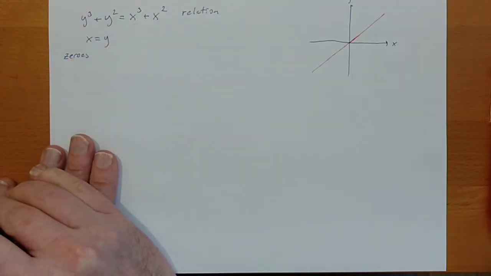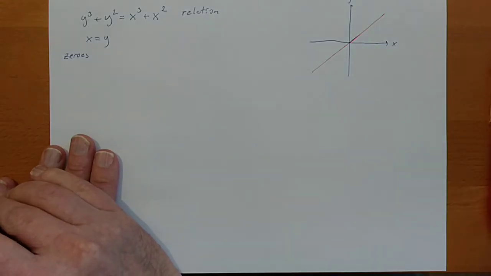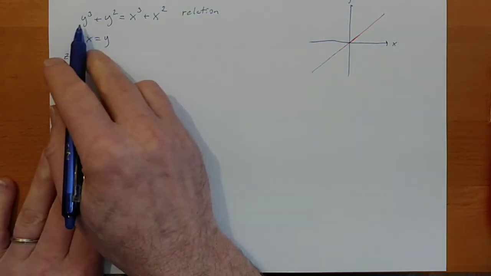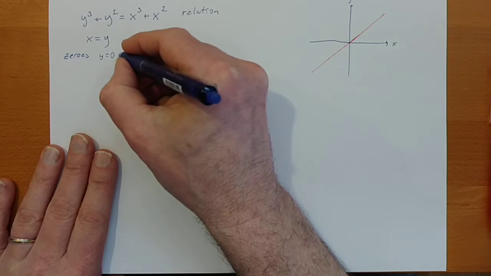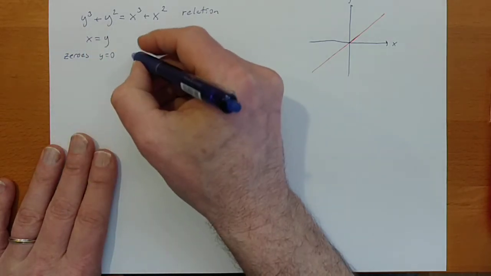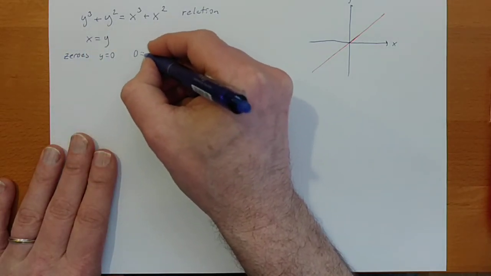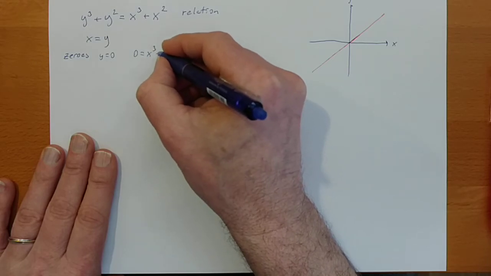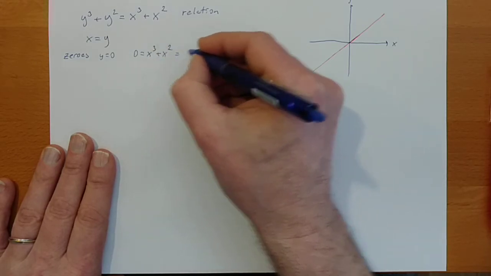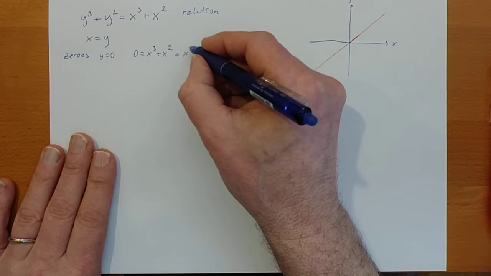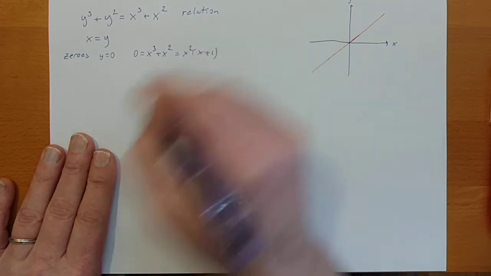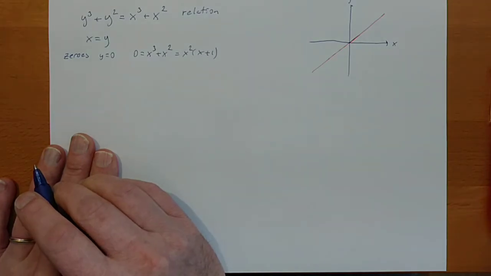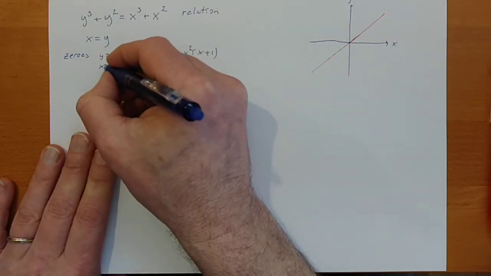And zeros are of course points where the y value is 0. So if you plug in y equals 0 to this, that will make this 0, right? So we get 0 equals x to the power of 3 plus x to the power of 2, which equals x squared times x plus 1, right? And that will give us that x is either 0,